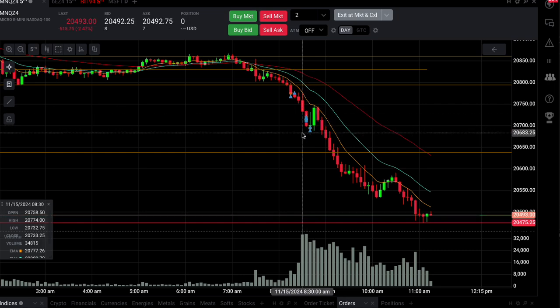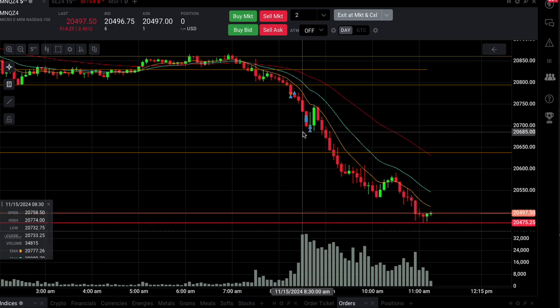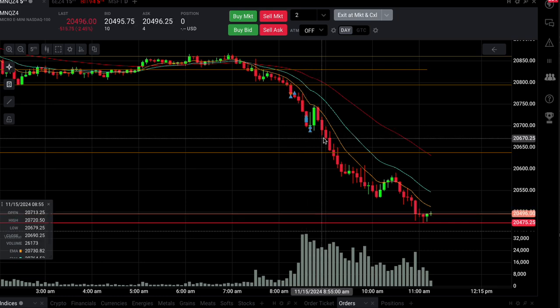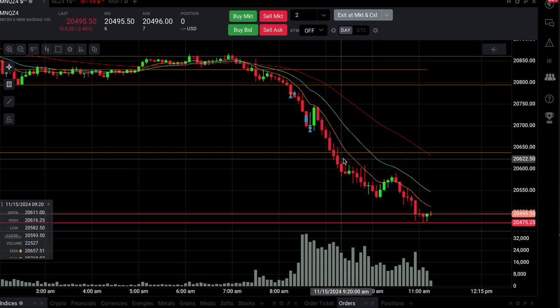There's another short opportunity here. If it broke back down below this area where it was trying to hold up around 206.85, you could have gone short there again. But a lot of the times, if I'm green on the first trade, I usually call it a day, as long as I get close to my target or hit my target. So my target right now is around $200 to $250,